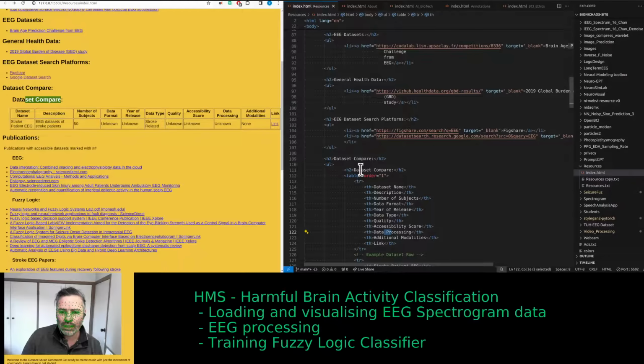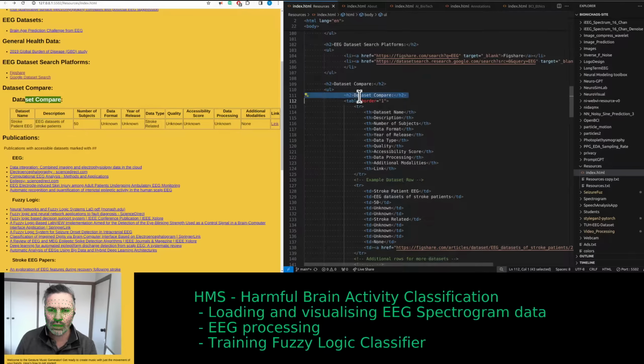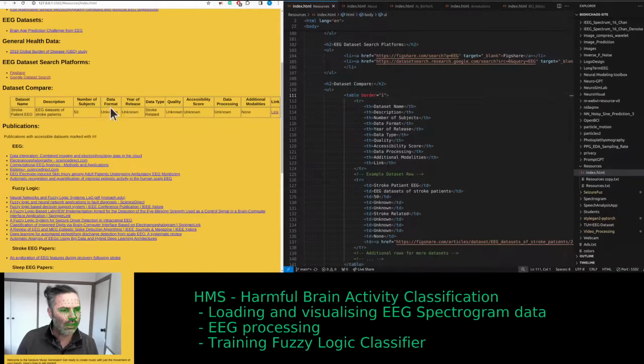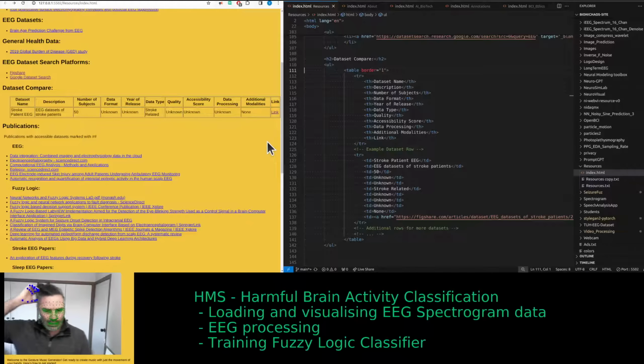Do I have this dataset comparison twice? I don't need it twice, do I? Right, it's better. So yes, unfortunately,